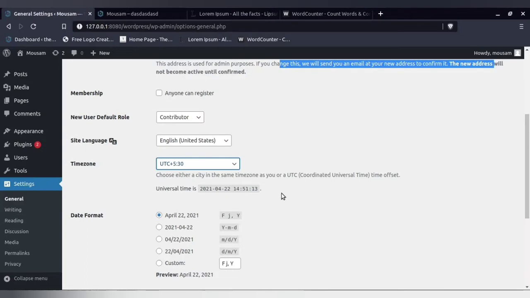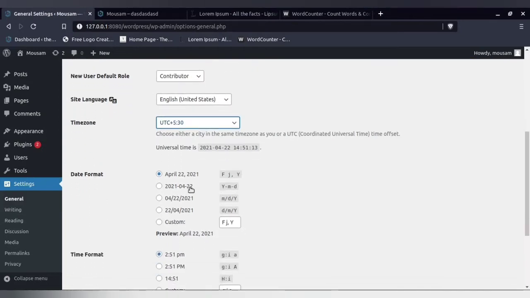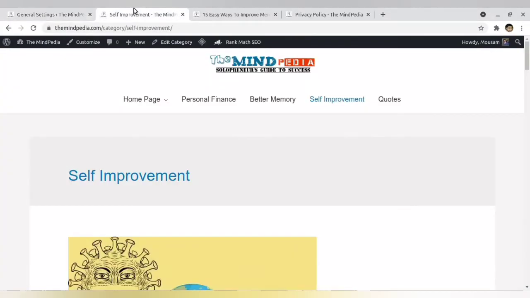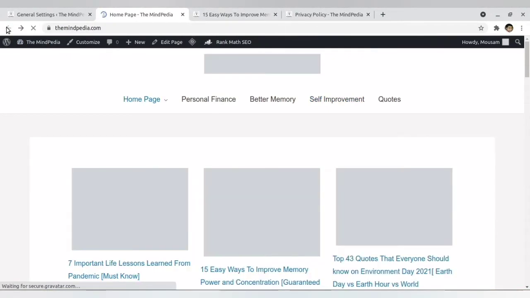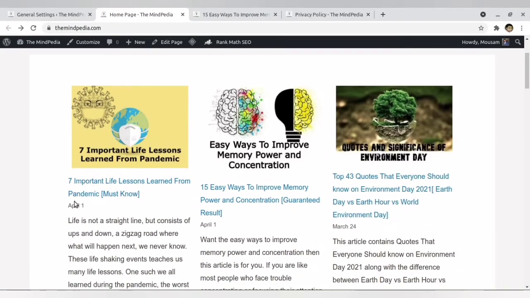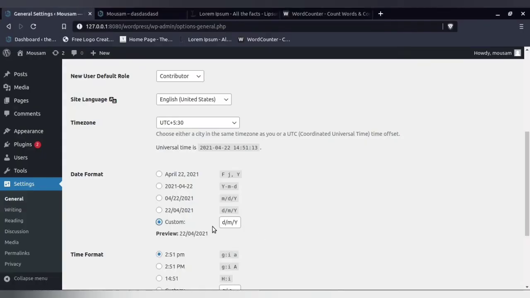Now this is the date format. Whenever I publish a blog, a date will be mentioned in the blog. What that format should be depends upon what I have written over here. If you go to my blog, you will find that just the day and month is mentioned. I am not mentioning the year, and for that reason I have customized it and removed the year. So if I replace this year, see, you will have only the month and the day. So this is what I have done.